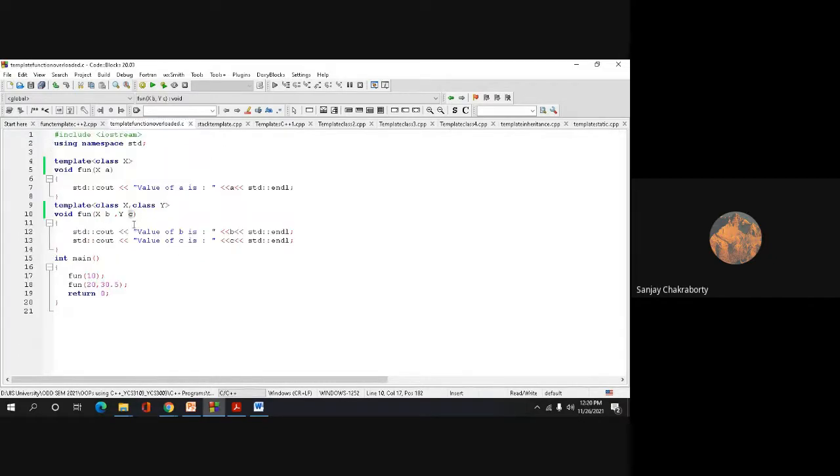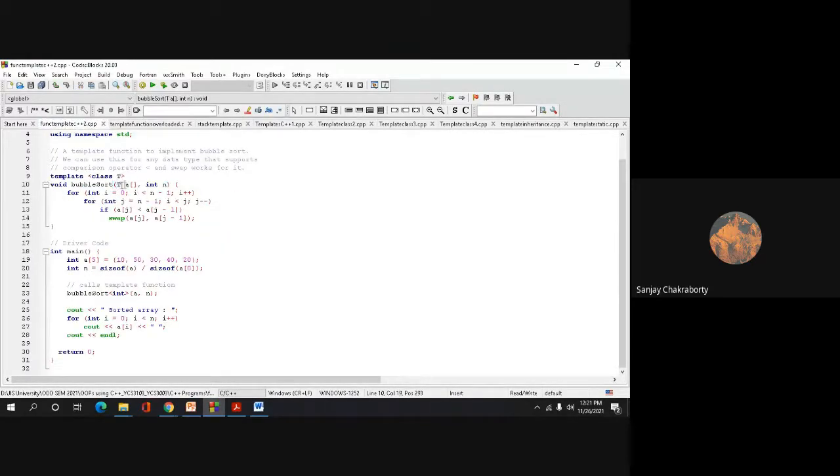So in this example, I have taken two class parameters, template parameters you can say, x and y. So x represents b as argument and y represents c as argument. So this b and c can be any type. So can anyone tell me why I have used two different template parameters here, and why I have used only a single template parameter here, and this is the fixed parameter? Can anyone tell me the answer? Why have I not used two different parameters here?